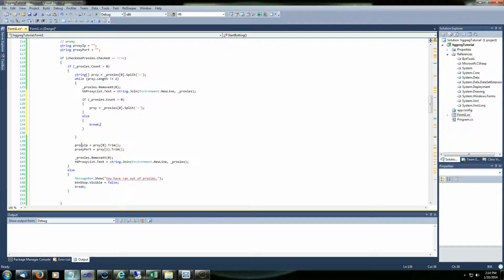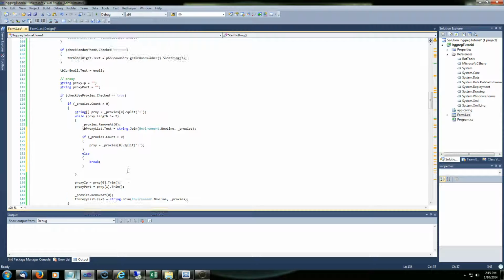Alright, so it's going to break out. It will end up right here. Well, that's no good either. We need to make sure that if we hit this breakpoint here, it's not trying to use a proxy IP and port that doesn't exist. So we need to create a flag